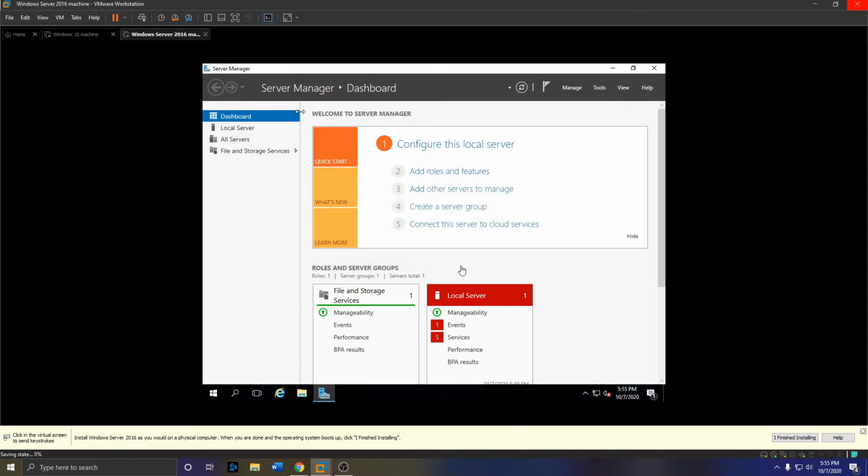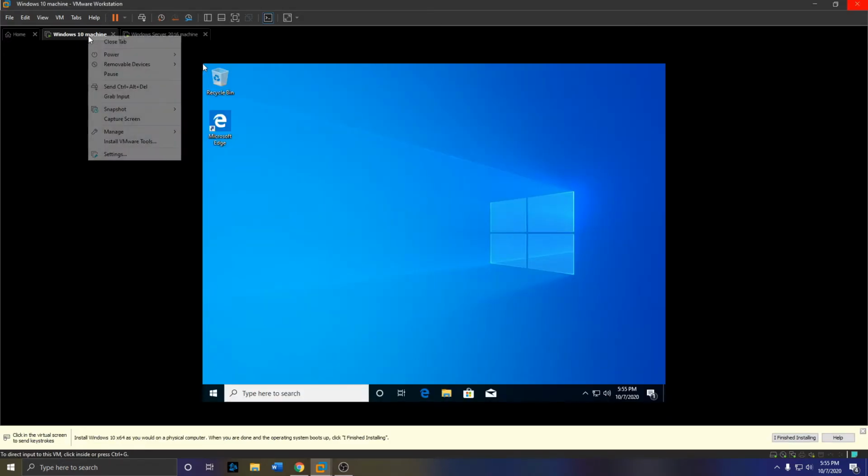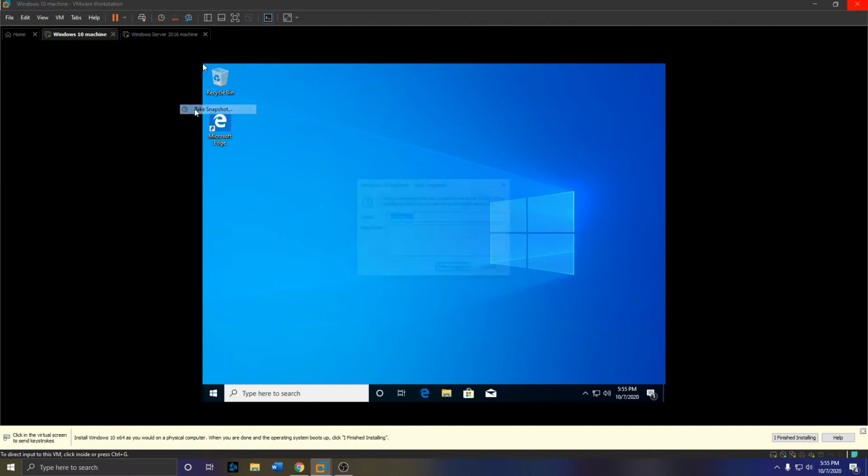So we'll take that snapshot, and then for the Windows 10 machine, likewise, take snapshot,